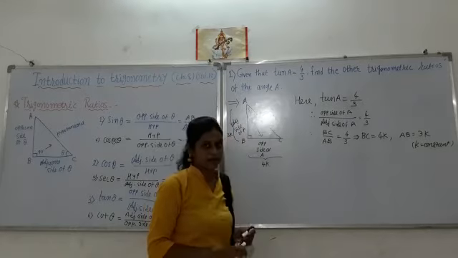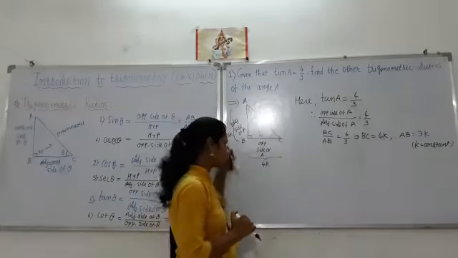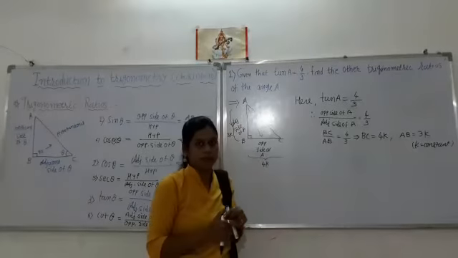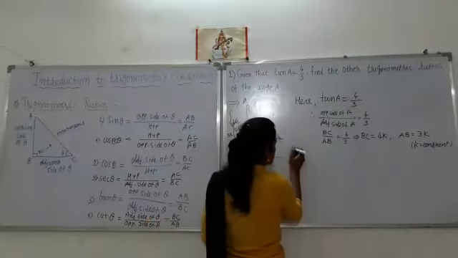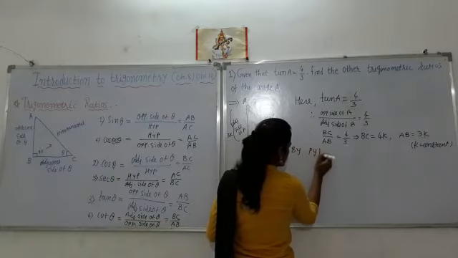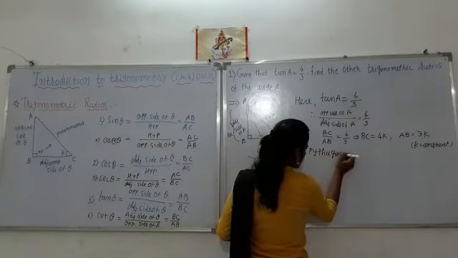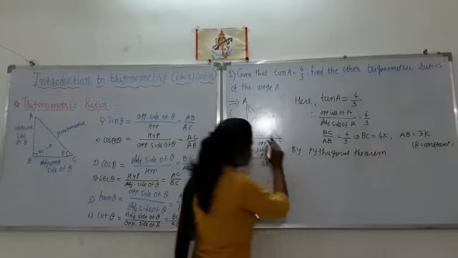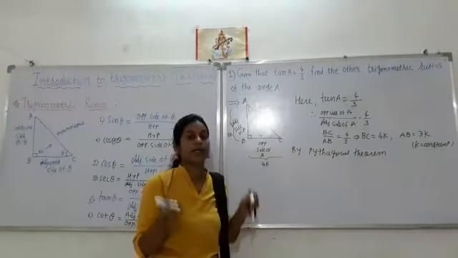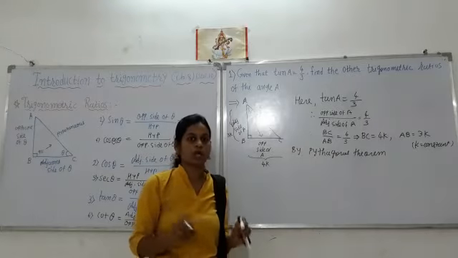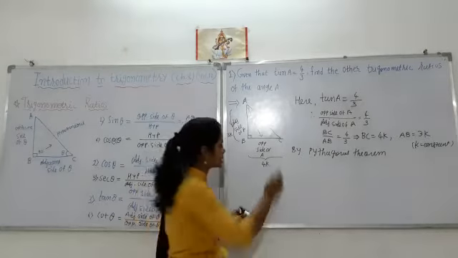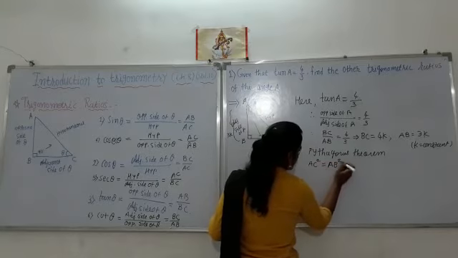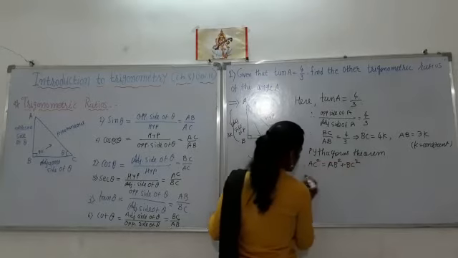And this is a right angle triangle. So we know two sides among these, and by the Pythagoras theorem you can find the remaining side. What is the Pythagoras theorem statement? Hypotenuse square is equal to the sum of squares of the other two sides. So in this figure AC square is equal to AB square plus BC square.